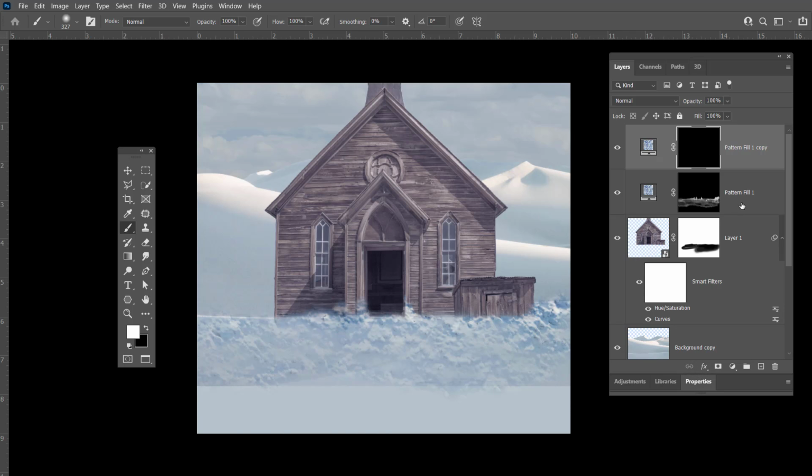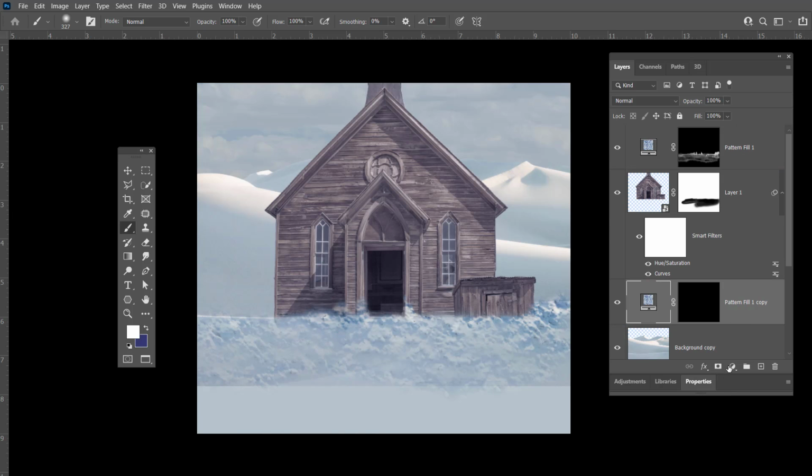Let's go ahead and lay this back. Now I want to take this and put it in the background. Okay, so I'm going to put it right underneath the church, and we can be sloppy at this point. Targeting the mask, using the same brush. Now I can be a little sloppy because we're going to just lay down that snow effect right back there,